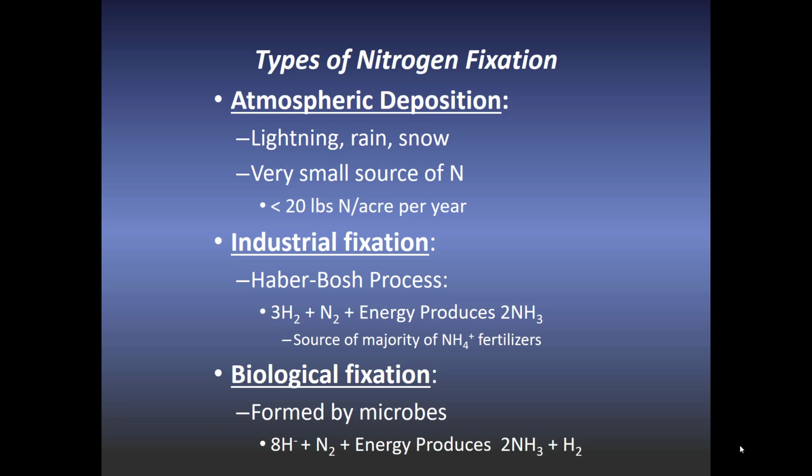And the third way, and the way that is most important to us, at least in forage crops, especially legumes, is going to be biological fixation, which is the result of a symbiotic relationship between rhizobia and legumes, where energy from the plant is used to fix the atmospheric nitrogen. And again, I want to make the point that nitrogen fixation is an energy-intensive process for the legume.